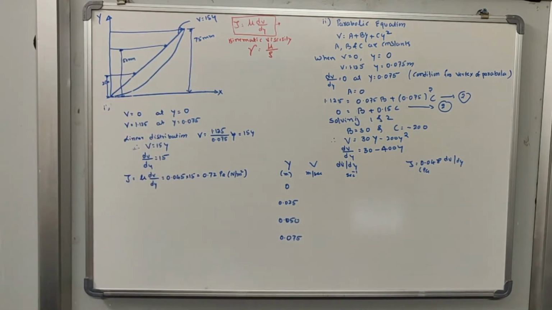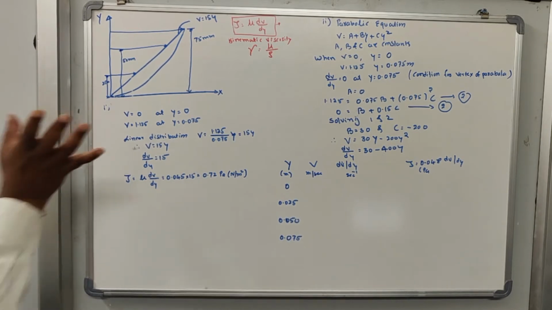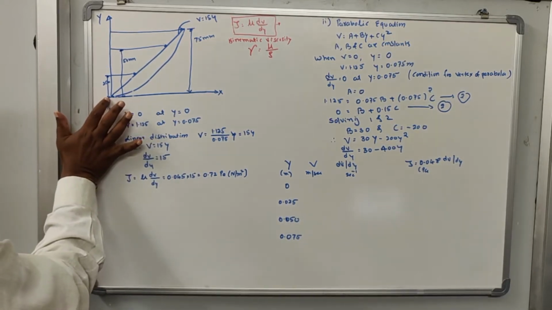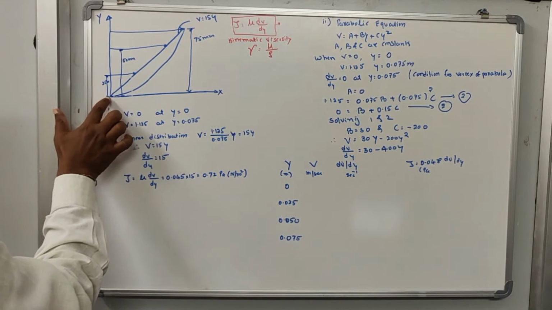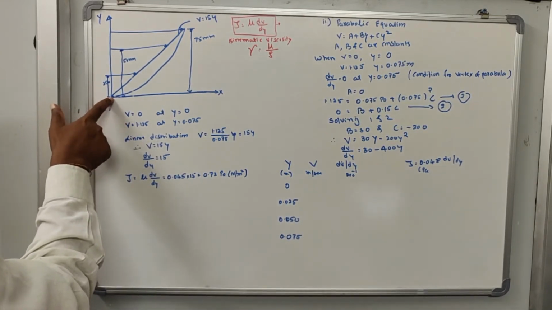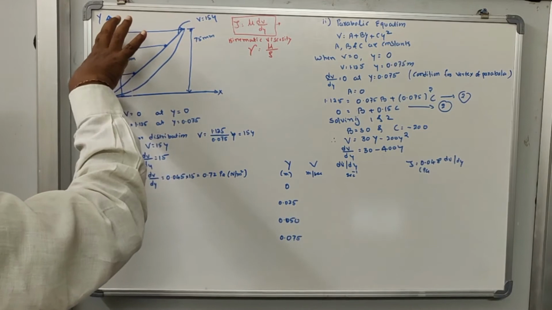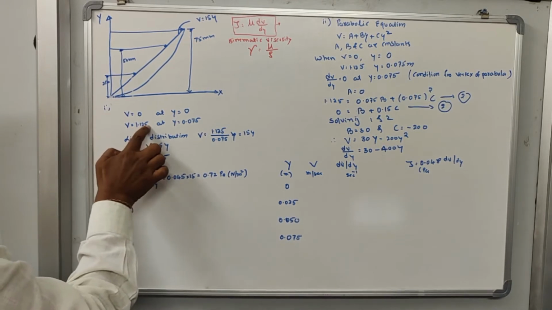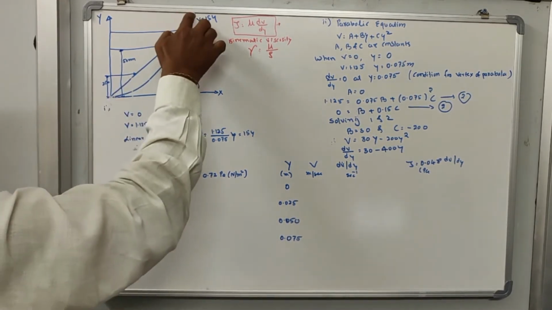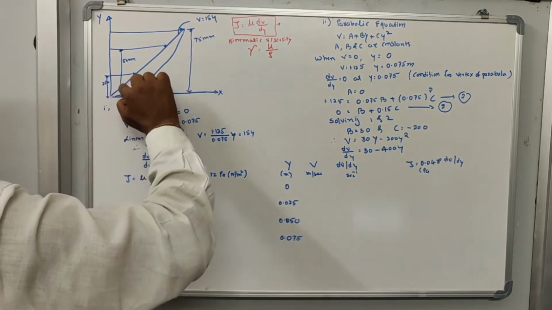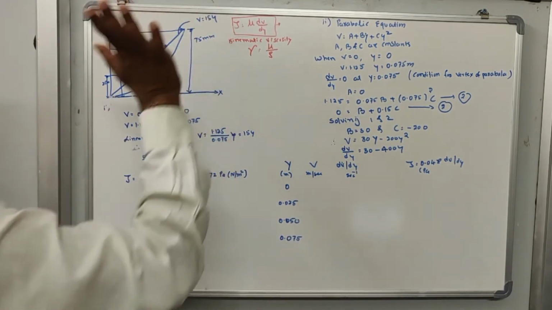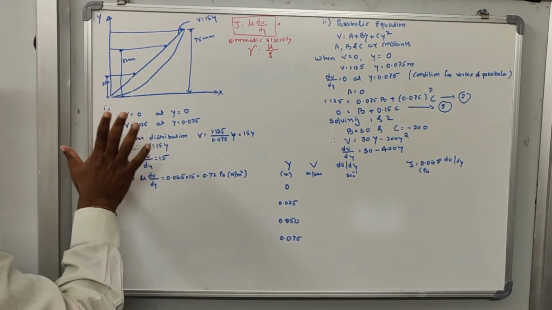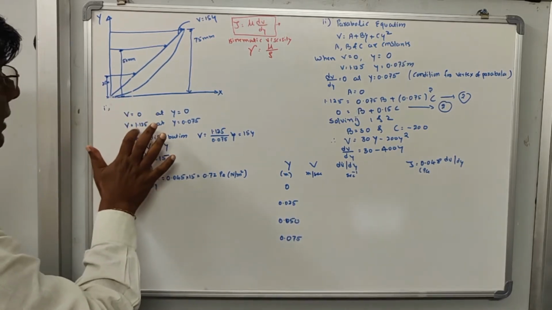Okay. So now we know the initial condition. What is the initial condition at the surface? When y is equal to 0, velocity is 0 at this point. When y is equal to 75 mm, velocity is 0.125. And from 0 to 0.125, the velocity varies linearly. Linearly means a straight line. The relation between v and y is linear. Okay. So this is the initial condition and this is the boundary condition.